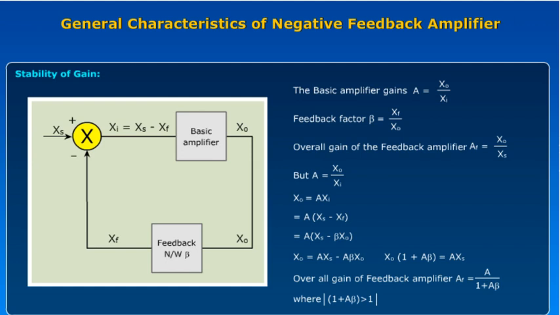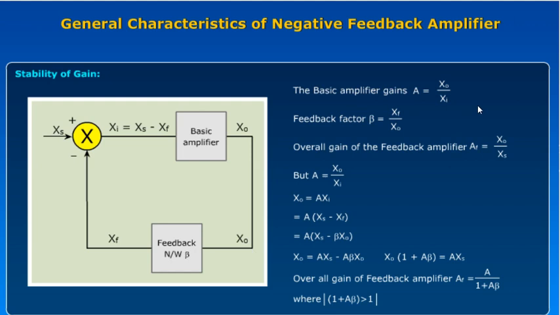Now we will see the second characteristic of the negative feedback amplifier, that is the stability of the gain. To understand the stability of the gain, let us take a simplified expression instead of taking voltage. Here the same schematic diagram is represented only for the negative feedback amplifier, taking Xs. Here X may be voltage or current. So Xs is equal to Xi equal to Xs minus Xf at the basic amplifier, and the output X0 is given to the input of the feedback network.